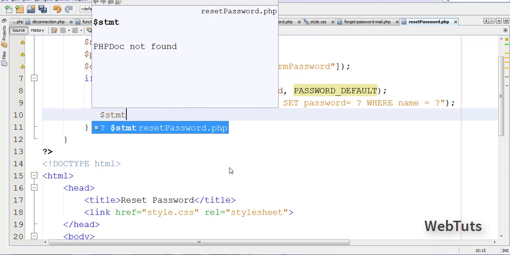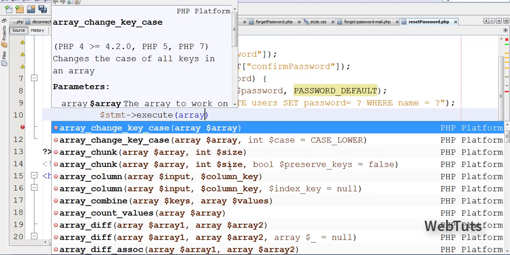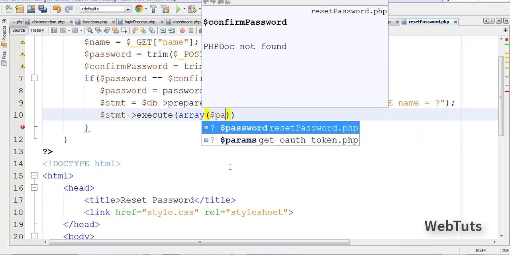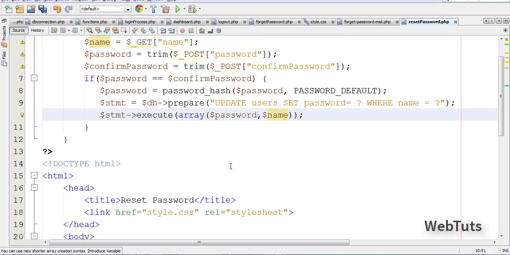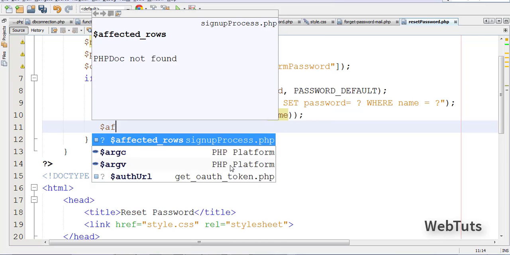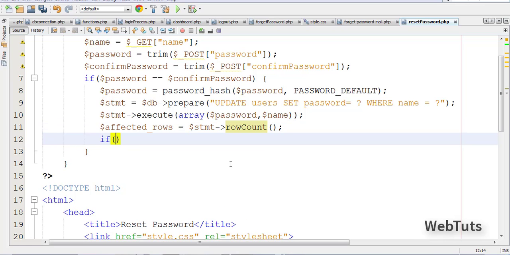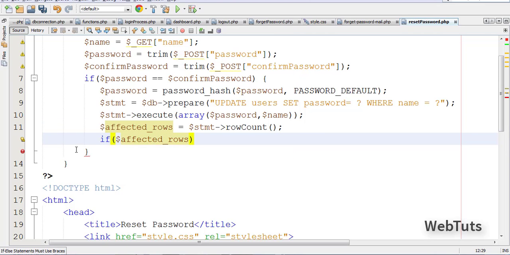Now statement execute, under this array password comma name, now semicolon. Now affected rows is equal to statement row count semicolon. Now check if affected rows, it means if affected rows true, then